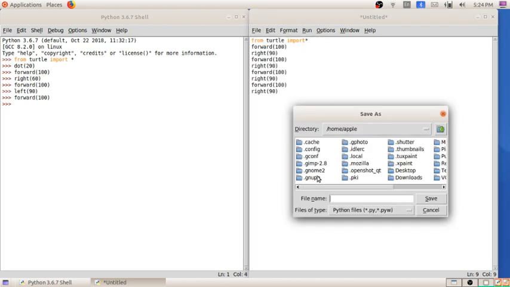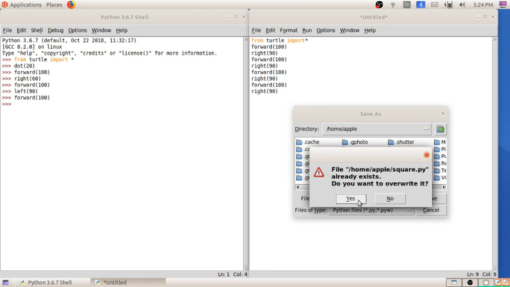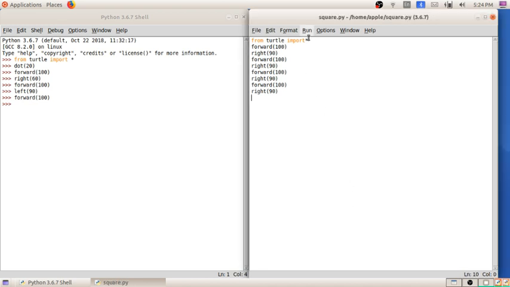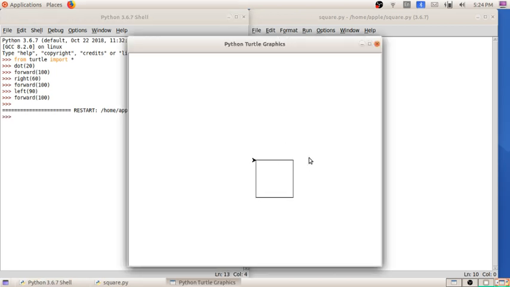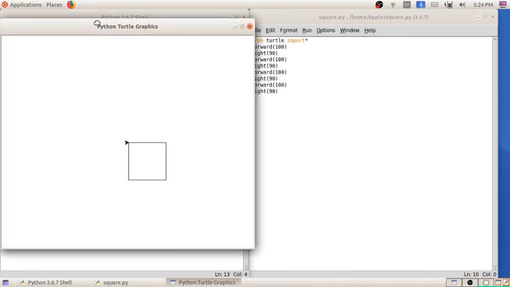So they will be asking where we have to save. I am typing the file name as square, save here. It already exists. Yeah. Next, in the option run, here you can take the option run module. So now you can see the 4 sides came, and you got a square in this format.